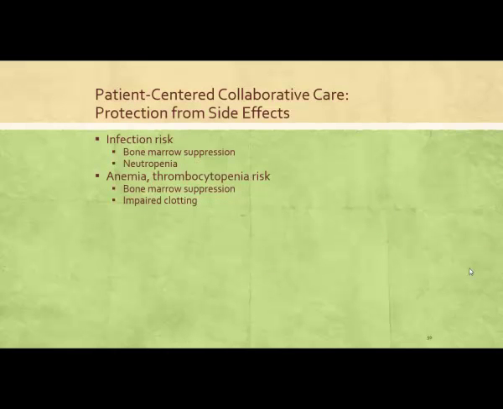So some of the side effects we need to think about with chemotherapy, and two of them are listed out on your screen: infection risk, and anemia and thrombocytopenia risk. With infection risk, they're both related to bone marrow suppression or myelosuppression. With infection risks, we have neutropenia, and neutropenia is low white counts. And if I have a low white count, I have a risk for infection. Remember, with neutropenia, there's no infection risk to others, but others cause that infection risk to the patient with neutropenia. So we discuss some of those neutropenic precautions, the isolation, so that we aren't taking our bugs into these patients.